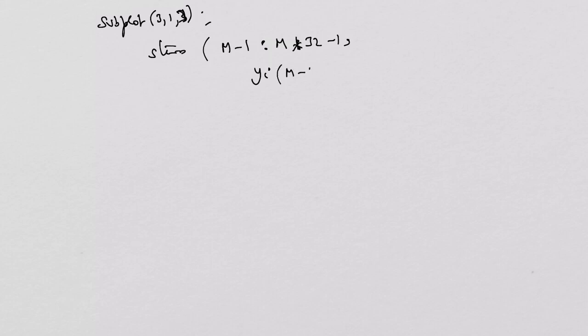M minus 1 colon... What is it? Guess and tell me. Yes, the last segment may be defined as m asterisk 32 minus 1. Okay, we shall also work with sampling rate conversion by I by D, but